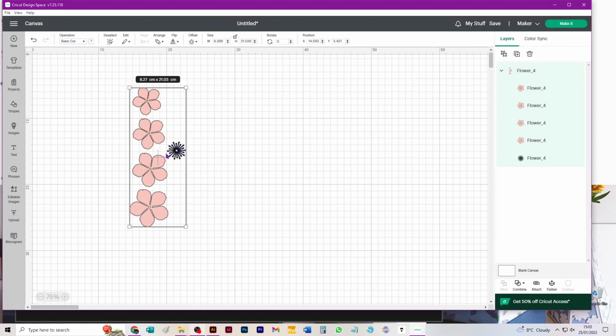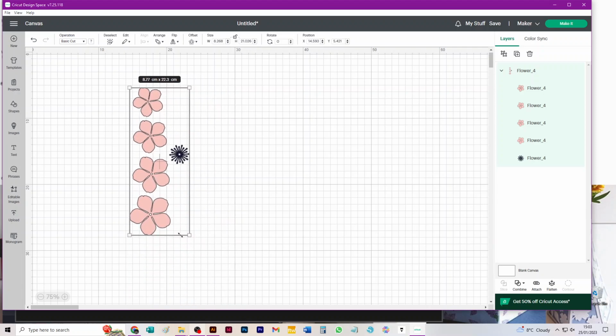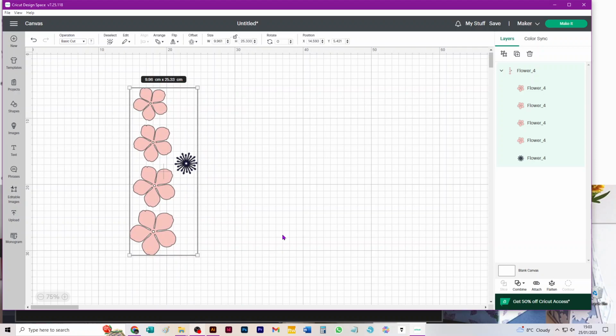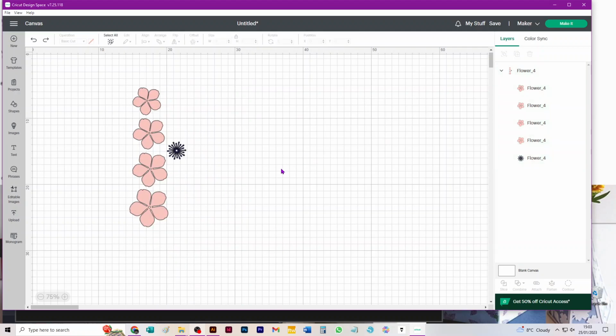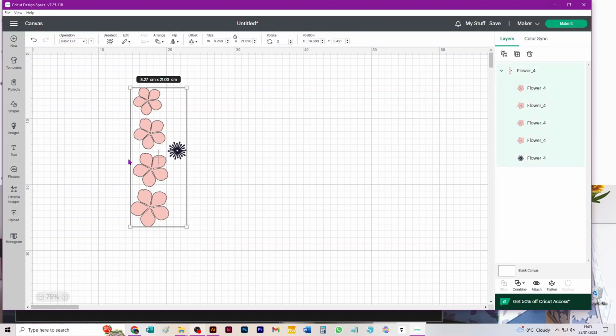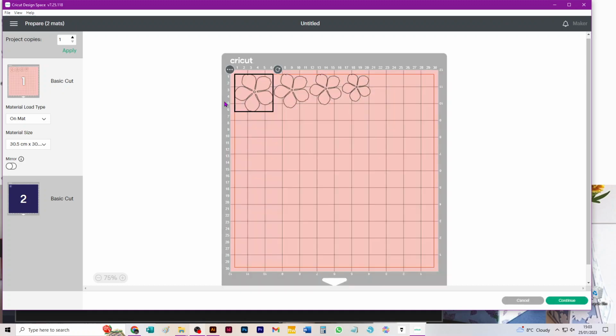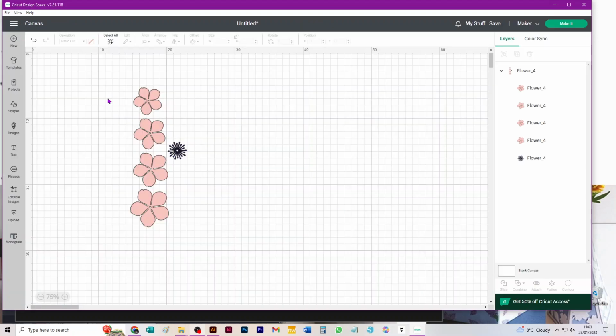They look really lovely made up. So that again there is a whole flower. You can make it as big or as small as you like. And it should come in at 8.26. 8.27 is okay, good. So if we hit make it, yeah, easily. It might be an idea for some of them to just duplicate as many flowers as you want and then hit make it. But the difficulty with that